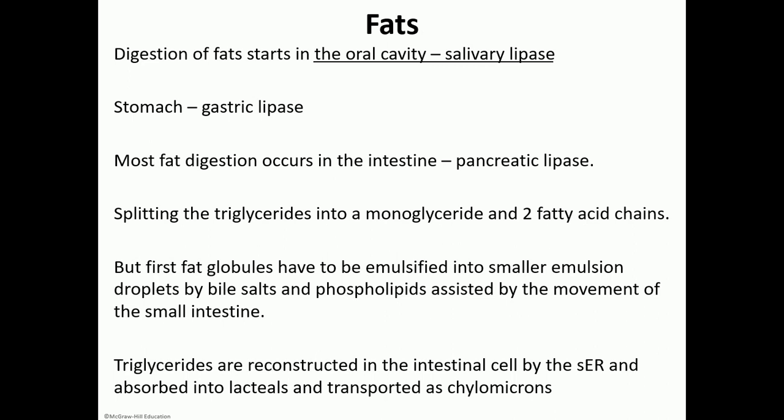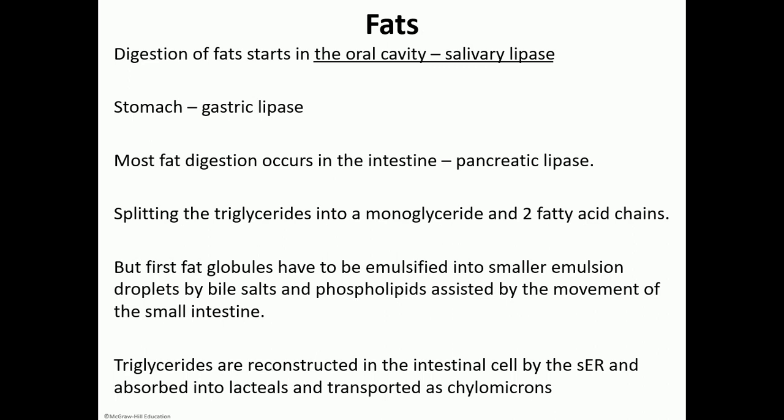For the digestion of fat, digestion of fat starts in the oral cavity by the action of salivary lipase, and then continues in the stomach using gastric lipase. But the majority of fat digestion really occurs in the intestine under the effect of the pancreatic lipase. All three of those enzymes assist in splitting your triglyceride into 2 free fatty acid chains and 1 monoglyceride. But in order for that to happen,